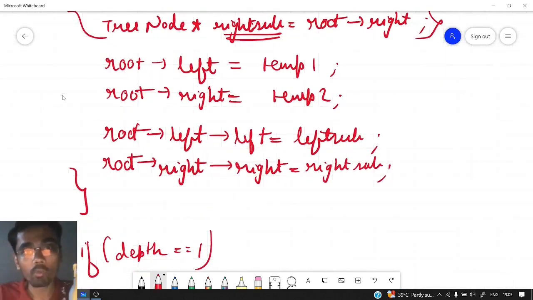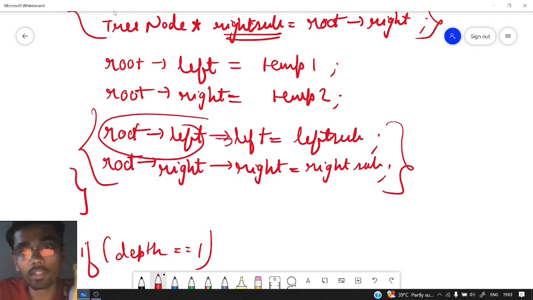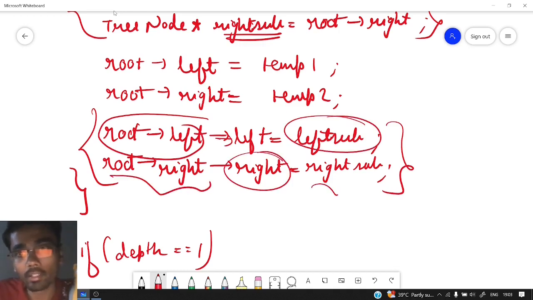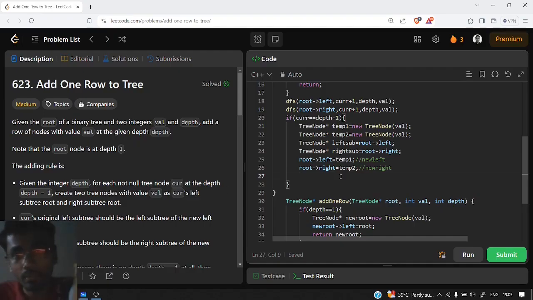Now how have we done that? The original left subtree and the right subtree, we have done in this way. New left will contain the left subtree, new right will contain the right subtree. So what is new left? New left is nothing but root's left. So root's left is new left and its left child will contain the left subtree. What is the left subtree?